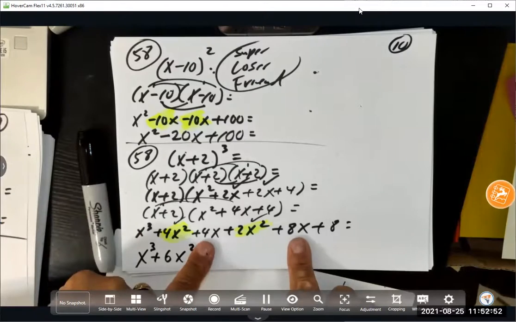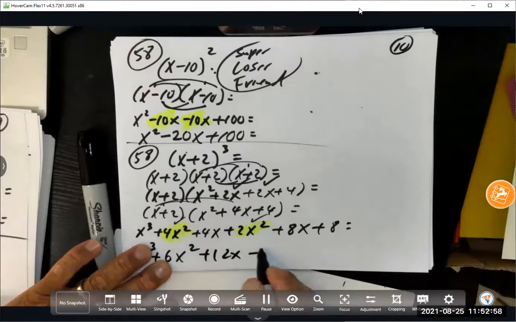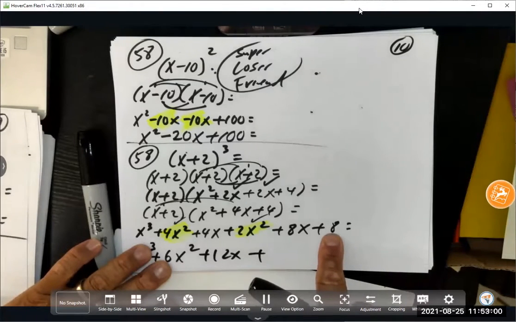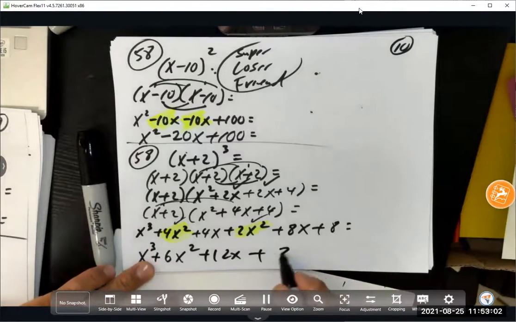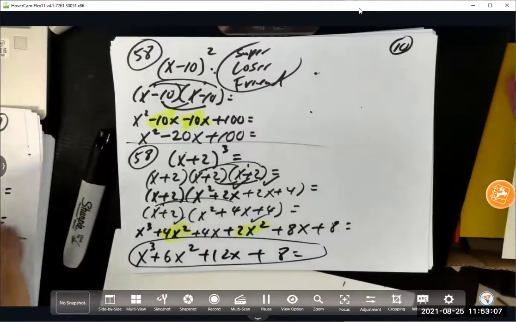What about these two here? The x and x? 12x. Plus 12x. Plus, is there a number just by itself? 8. Yeah, okay. So this is what's left over right there. So this right here,